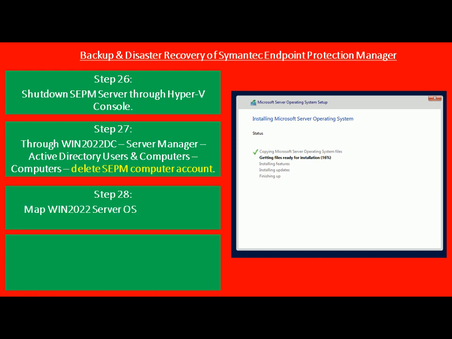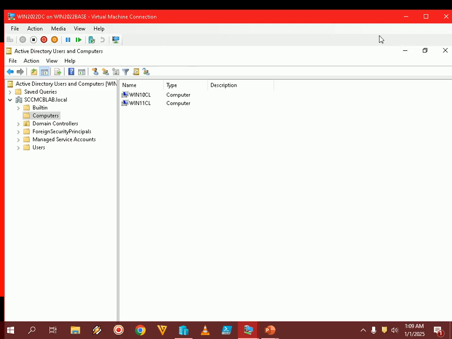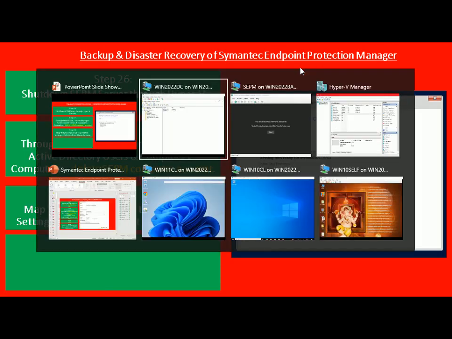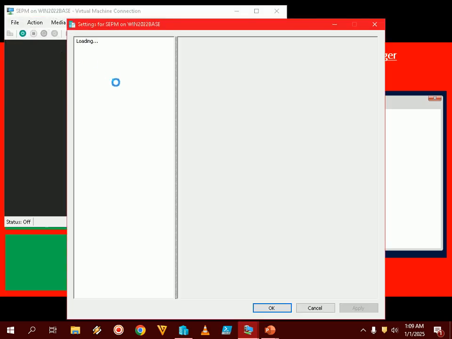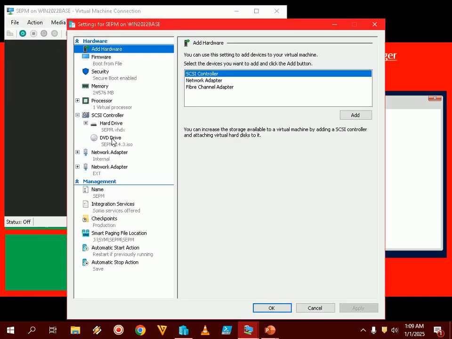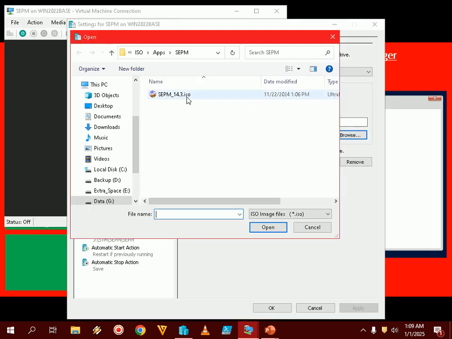The next step is I need to map the Windows 2022 server OS to the SEPM VM settings, DVD-ROM, and boot from the same. So I will minimize this. I will go to the SEPM machine which is shut down. I am going to file settings, and in the DVD-ROM I will give my